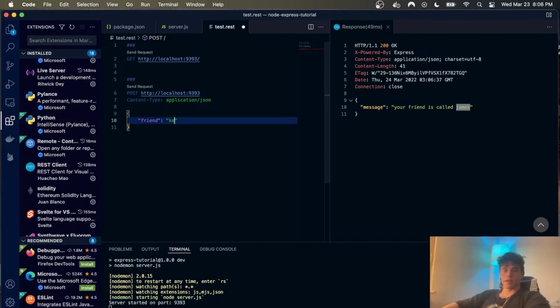So if I change this to like Doug and send that, our friend is called Doug. And that's how you send a post package. You literally post a package with some information to that particular URL. So that's the second kind of request. The third kind of request we'll get to in a second, because now we're going to get experimental with just